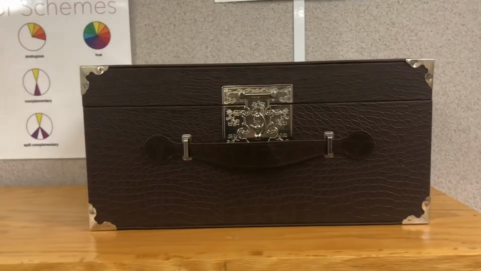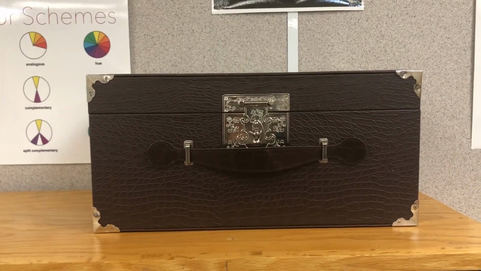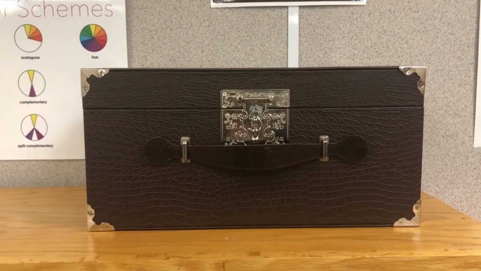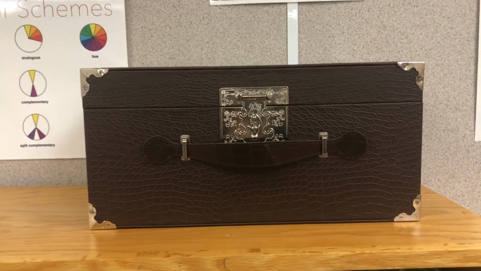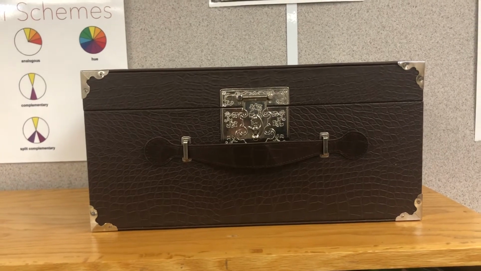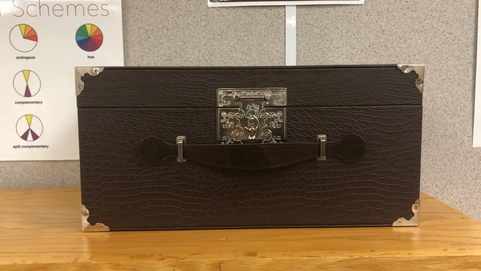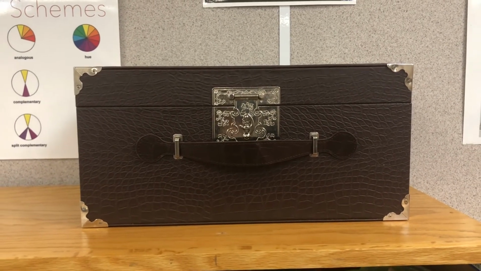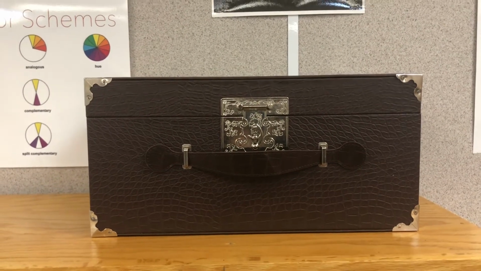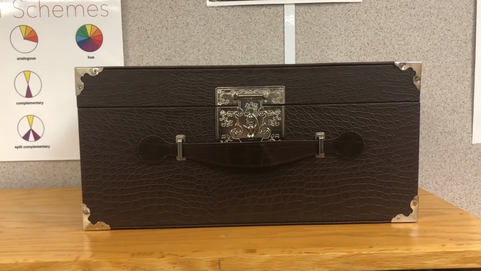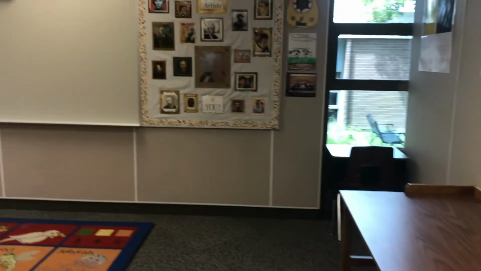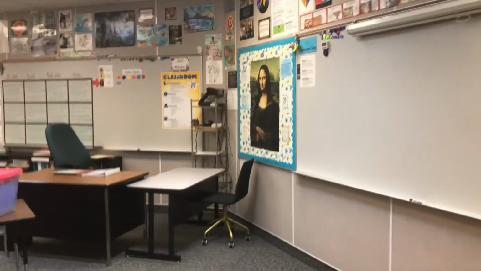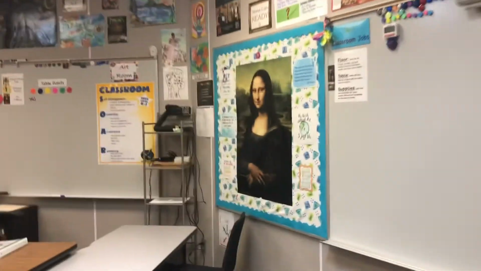So when your table gets the most points, you can pick something out of the art treasure box. And I'm gonna try to make it really cool artsy things. Like, you know, maybe markers and pencils and things like that that you can use to do art and you can take home and keep. So that is the art treasure box. And the table with the most points can get a prize out of there at the end of art time, okay? And we have a couple other a little bit different rewards today. I'm gonna come over here and talk about the what if chart.